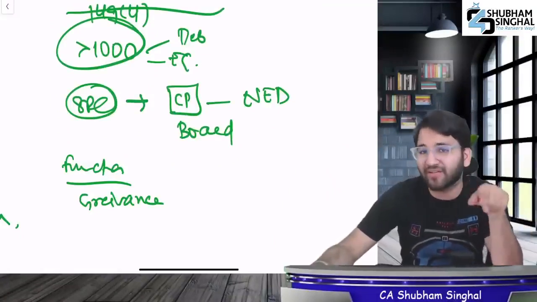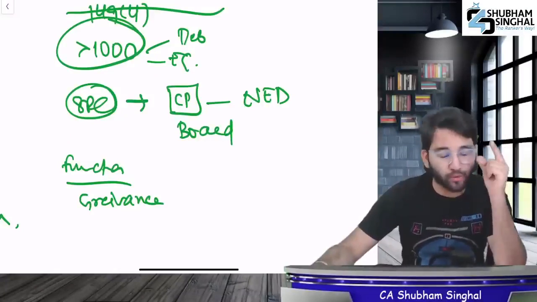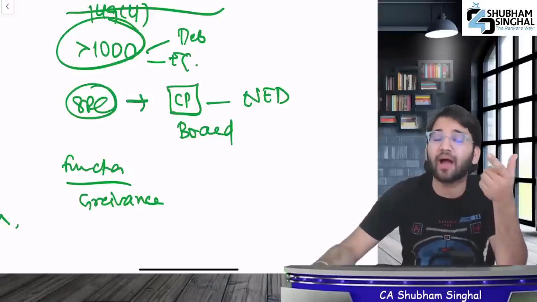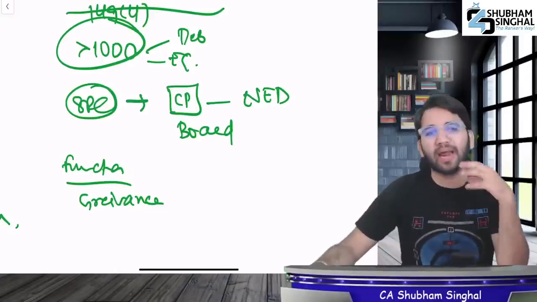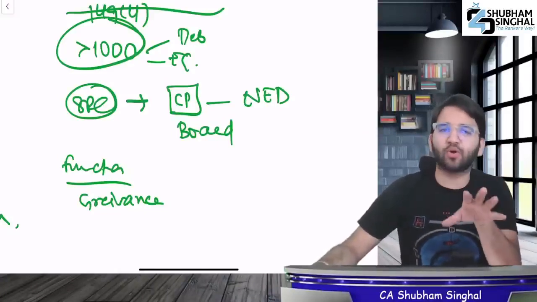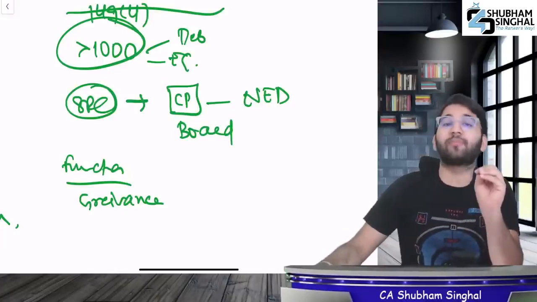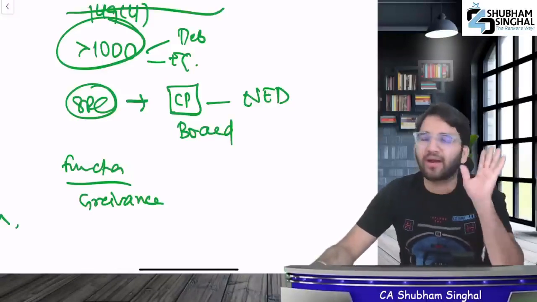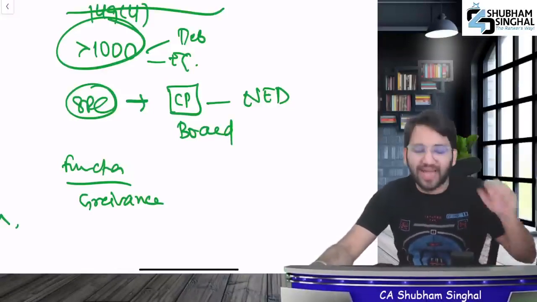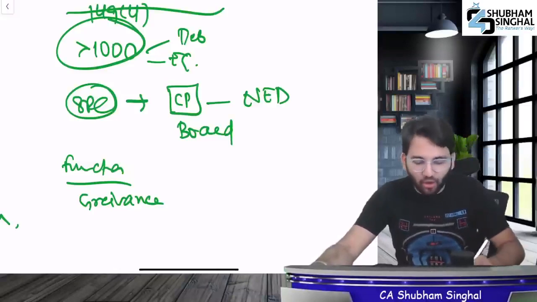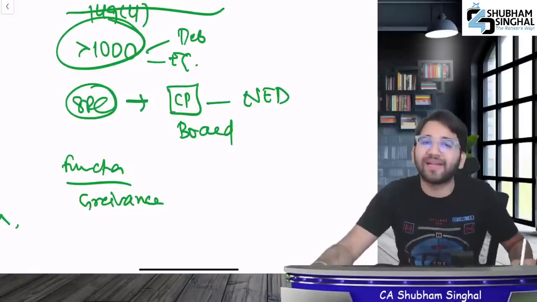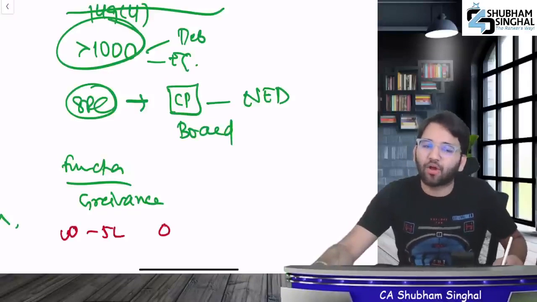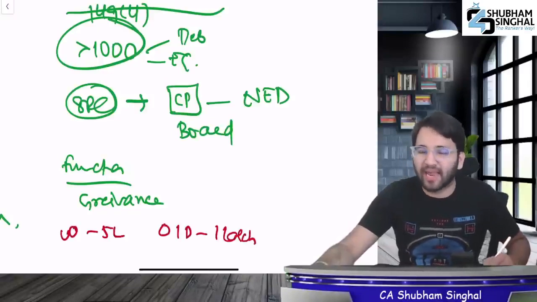I showed you Reliance's grievance redressal in class. Now, listen. Grievances have to be addressed. Listen to me carefully. If you have tried to address the grievance in good faith, but it couldn't be addressed, there won't be any contravention. There will be no contravention and no punishment for you. But if contravention of this section happens otherwise, what penalty will be imposed on you? There will be a penalty of 5 lakhs on the company and 1 lakh on the officer in default.